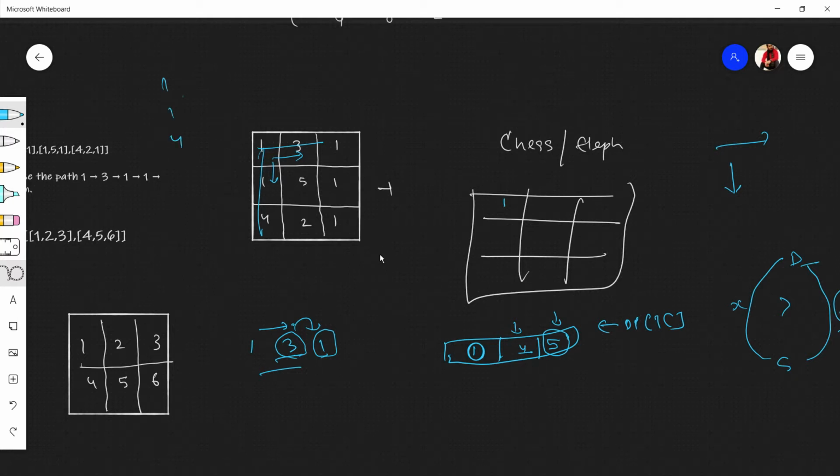Now let's check the first column, 1 1 4. Another DP array. You're standing on this cell, and the basic amount paid is 1. To reach the second cell, the total paid equals 2, because you have already paid 1 and the token money for this cell is 1, so 1 plus 1 equals 2. Now to reach this cell, the token amount is 4 and you have already paid 2, so 2 plus 4 equals 6. This shows that if you want to reach this cell, the minimum amount you need to pay is 6: 1 plus 1 plus 4.